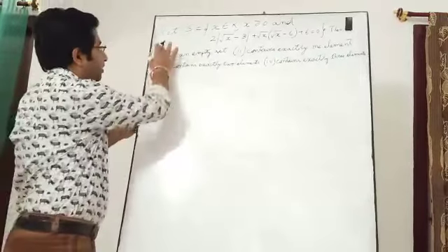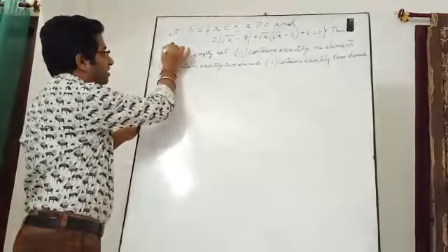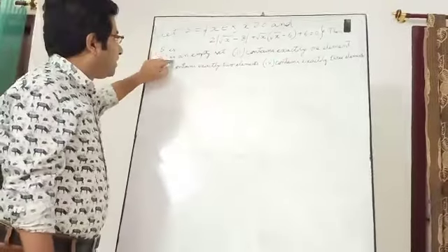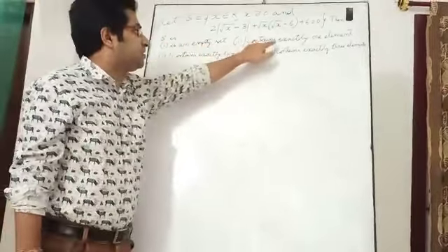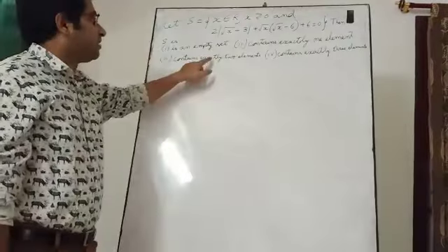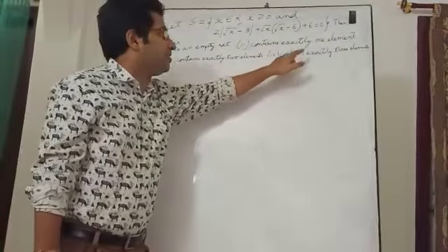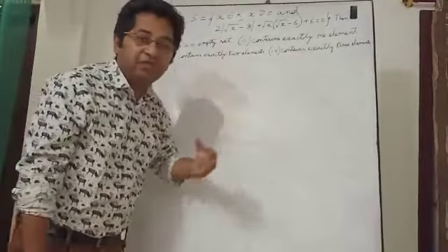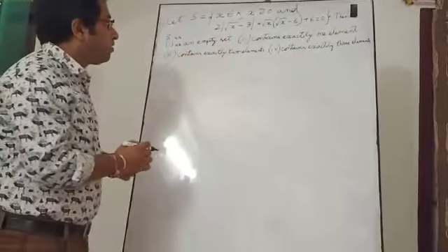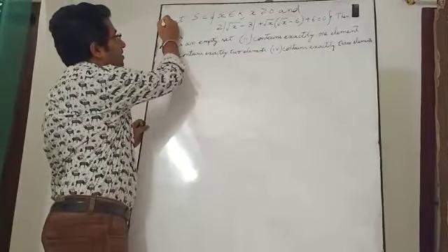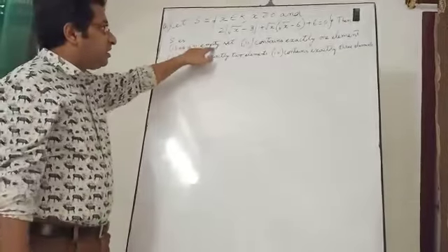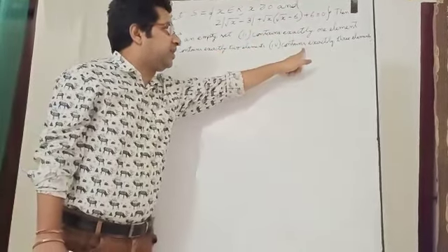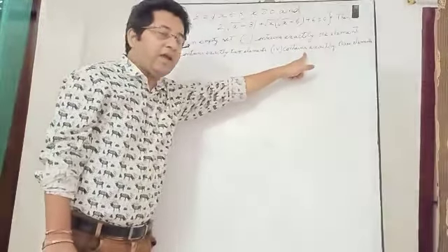Then S, capital S, is an empty set, contains exactly one element, contains exactly two elements, contains exactly three elements. This is an MCQ question. You have to find out what S is. Whether it is an empty set, or exactly one element, or exactly two elements, or exactly three elements. Okay?